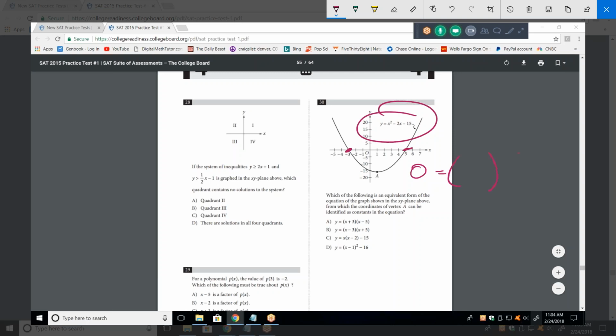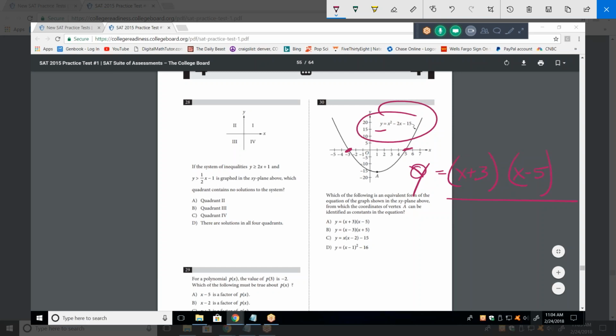Let's see, y equals (x plus 3)(x minus 5). Yeah. Now, let's see if that's really what they were asking for. Which of the following is the equivalent form of the equation of the graph shown? Well, is that it? That certainly has the proper zeros. The question is,